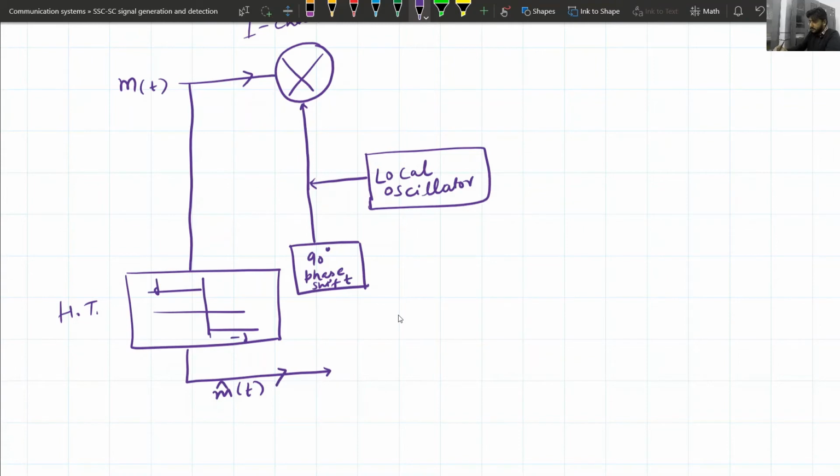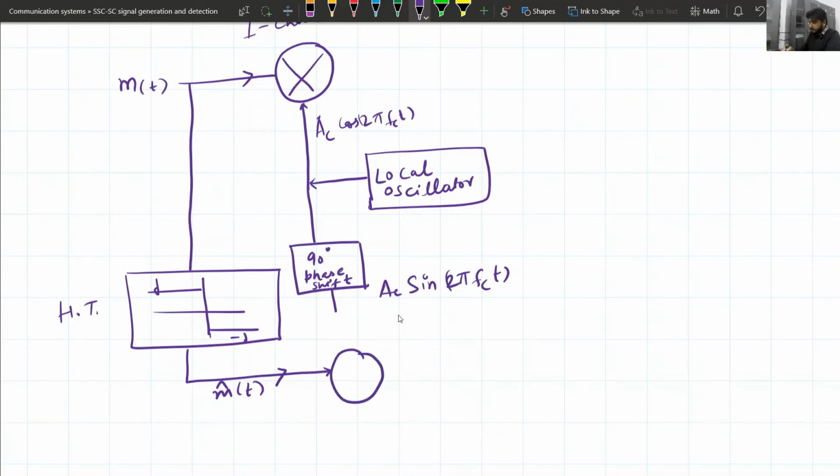Then if this is AC cos 2 pi FCT, after 90-degree phase shift it will be AC sine 2 pi Fc into T, and this is again passed